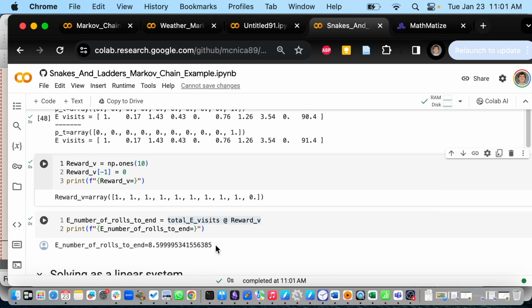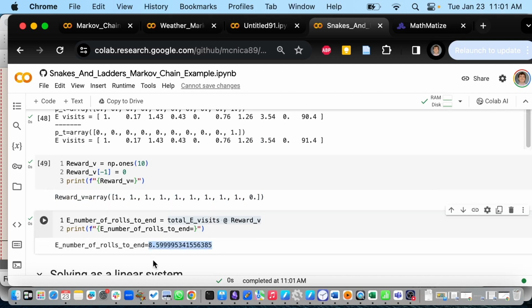And you get the expected number of rolls to the end, 8.599. That's not 10. So what you have to do is go to the comments of the YouTube video and see other people who did it, who agree with you that it really is 8 point something, not 10. So they lied in the video. This is a good thing to know. I think they were trying to say it's approximately 10. So the real answer we're going to see is 8 point something. That's the real answer.